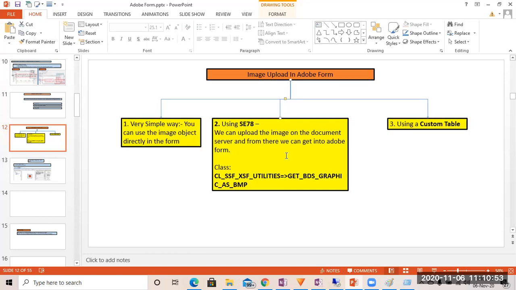In this episode, we are going to learn how we can upload an image in the Adobe Form. So there are three ways to upload the image into the Adobe Form. First, the very simple way, we can directly use the image object in the Adobe Form Layout Designer, and we can give the path on our desktop or our local machine, and then we can display. So this we will see first, and then we will see how we can